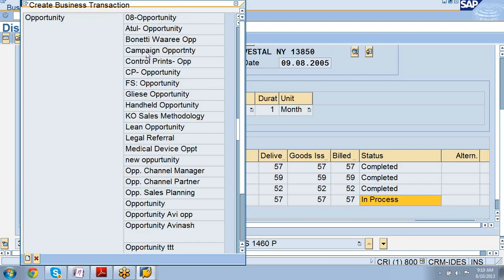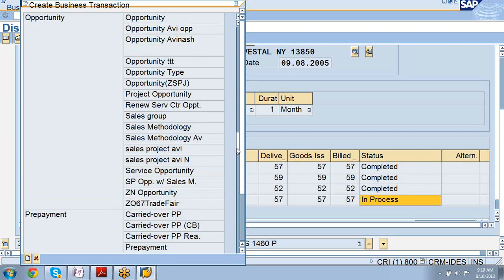There are different kinds, like campaign opportunity, general opportunity, lean opportunity, sales methodology. There is opportunity for channel partner, opportunity for channel manager, opportunity for sales planning for the future business, and medical device opportunity. So you can have multiple transaction types created for this business. So he says, when you get into these opportunities,